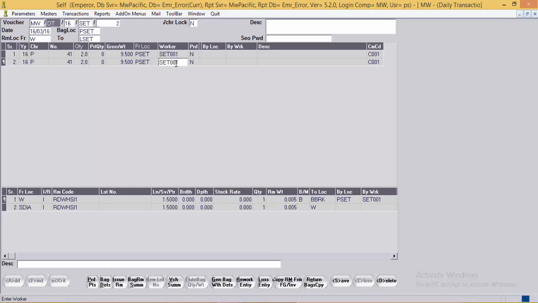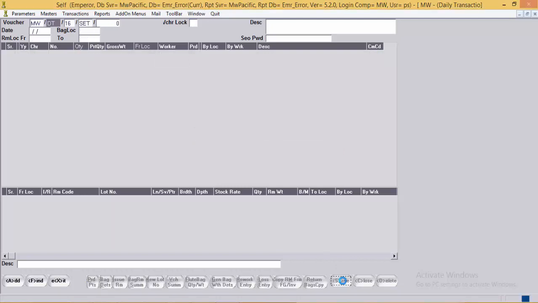Now after the production has been done on this bag, the bag can be marked as yes for production. Now the bag can be moved to polish location or rhodium as required, and finally we can move this back to finished goods location.